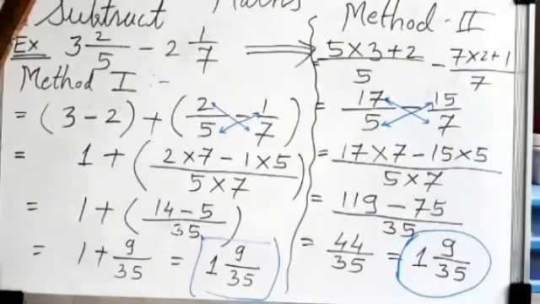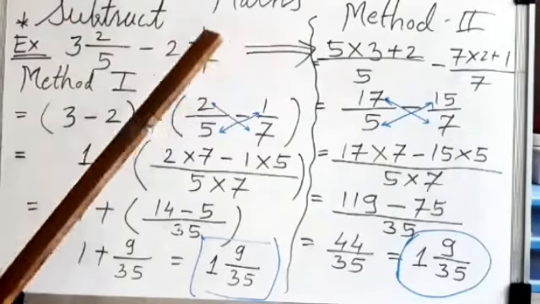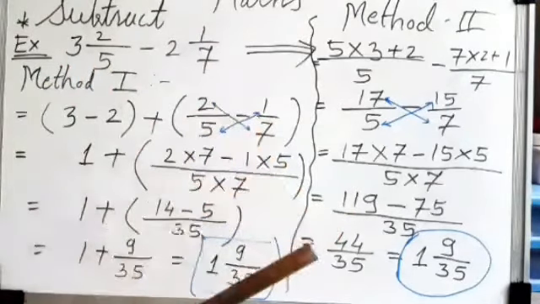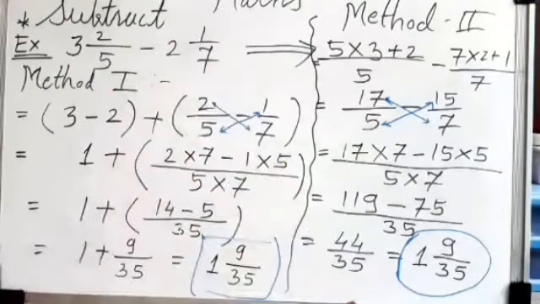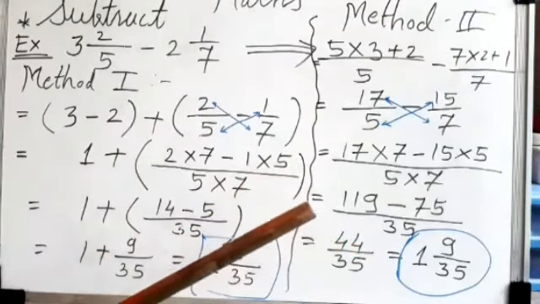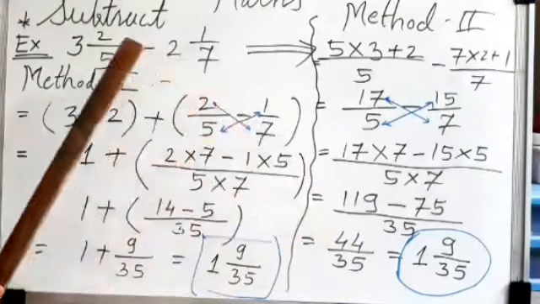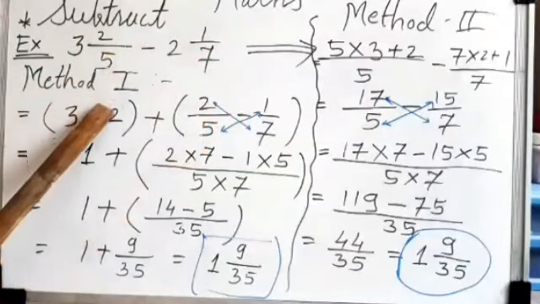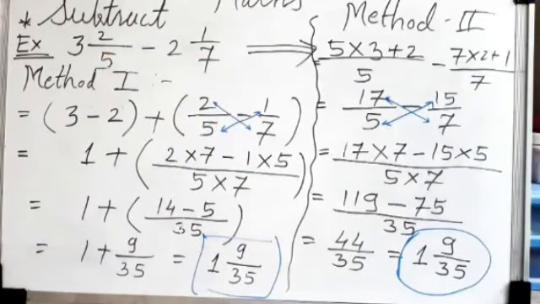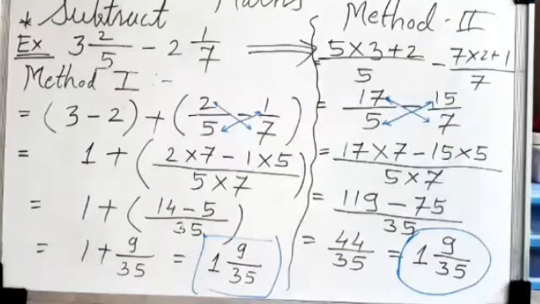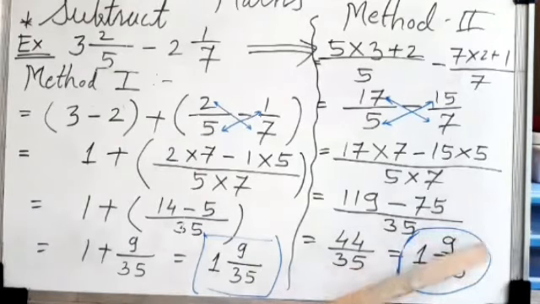So students, this same example I taught you by two methods. In exam, again I am repeating, you have to solve by any one method. In exam it will not say solve by this method or that method. No, only the simple example will be given to you. It's up to you, if you want to solve by method 1, you are welcome, or if you want to solve by method 2, that is also correct. But at last, you have to remember that the last answer we need in mixed number only.